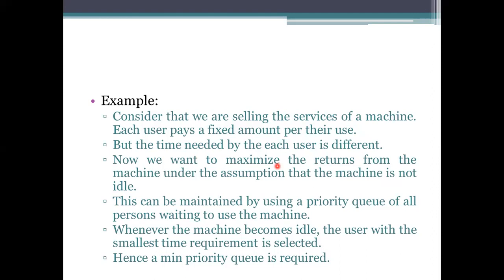So if we are considering the constraint as time, then the person who is providing the service will get the profit here. How? I'm using it for 10 minutes only, or consider half the time only. 15 minutes has been used, and for the other 15 minutes the system is in an idle state. I'm not using anything.